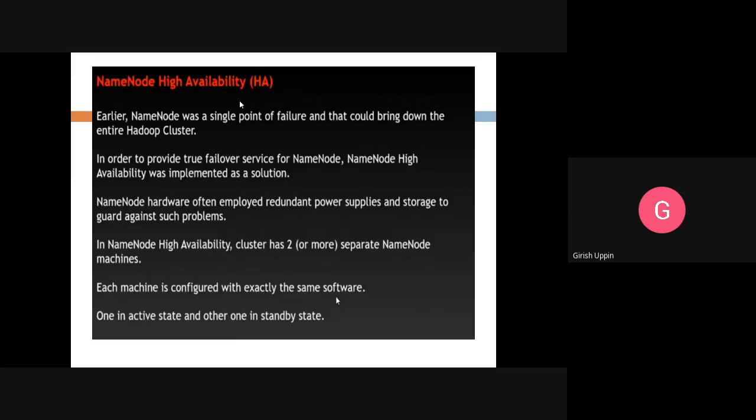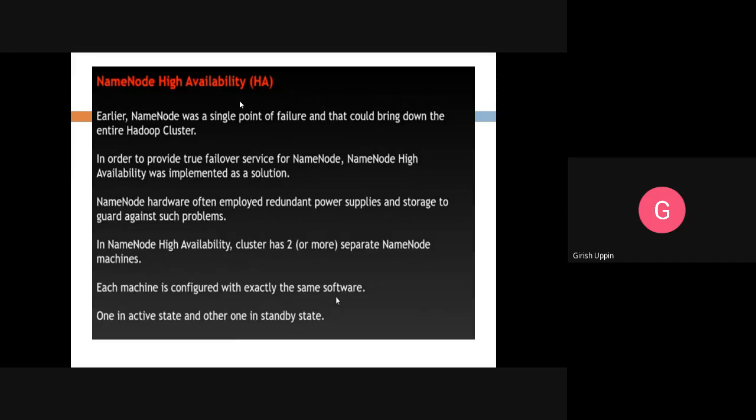Those name nodes will have the current state that the active node has, but they will not be giving any instruction to anything. They will just be maintaining the current state, and checking the health of the active name node. The minute the main active name node goes down for some reason, they bring up the alternate name nodes.